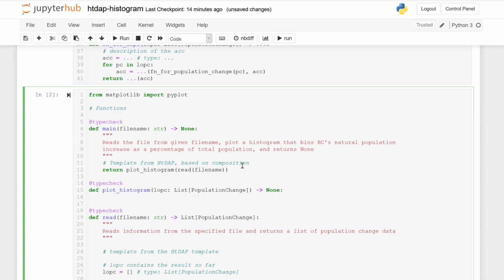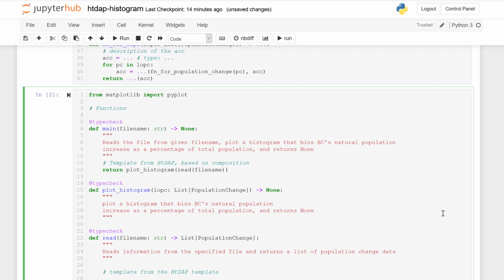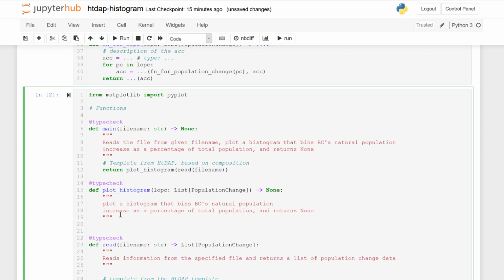Its return type is none because it shows the graph or chart, in this case a histogram, and then returns none. Its purpose is to plot a histogram that bins BC's natural population increase as a percentage of total population and returns none. To complete our stub, we'll return none.